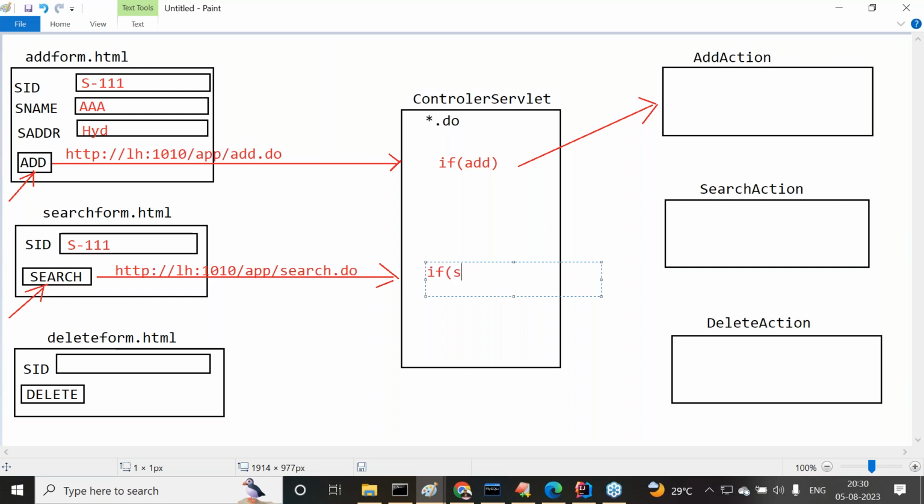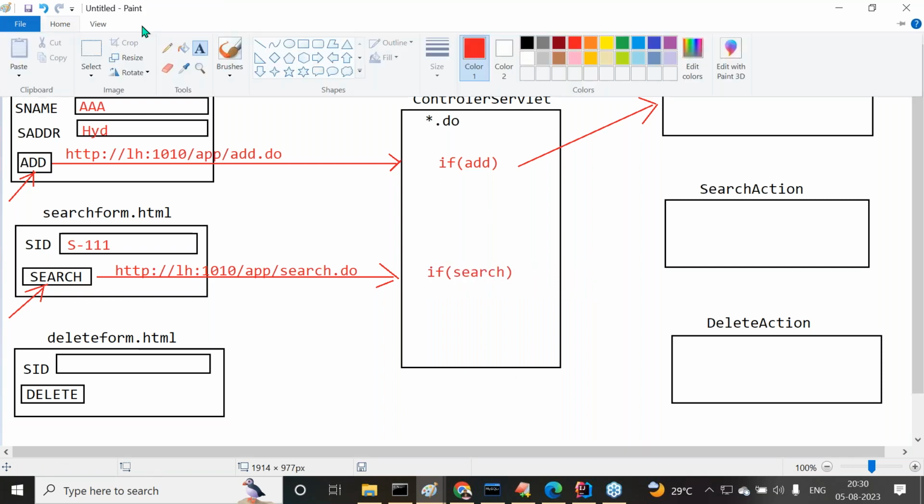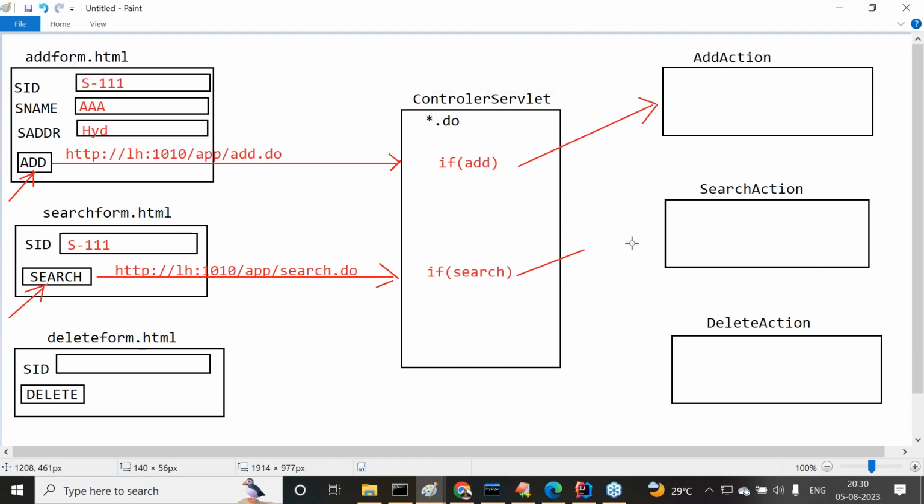As per this, if it is a search, then immediately it has to forward that request to the respective search action. Now the search action will be performed here. The respective student is searched on the basis of the student ID. Then we are able to send the student details back to the respective client. Next, in the same way, if we provide